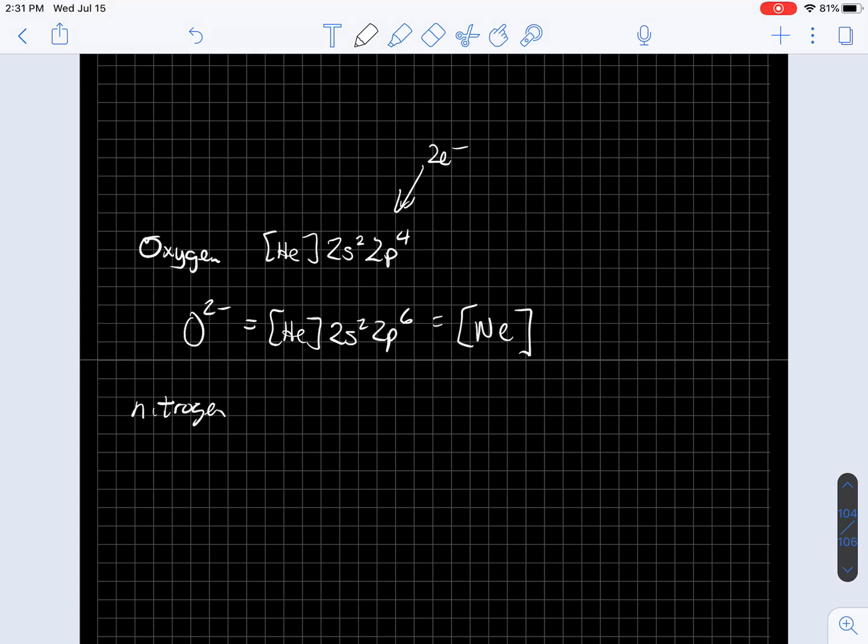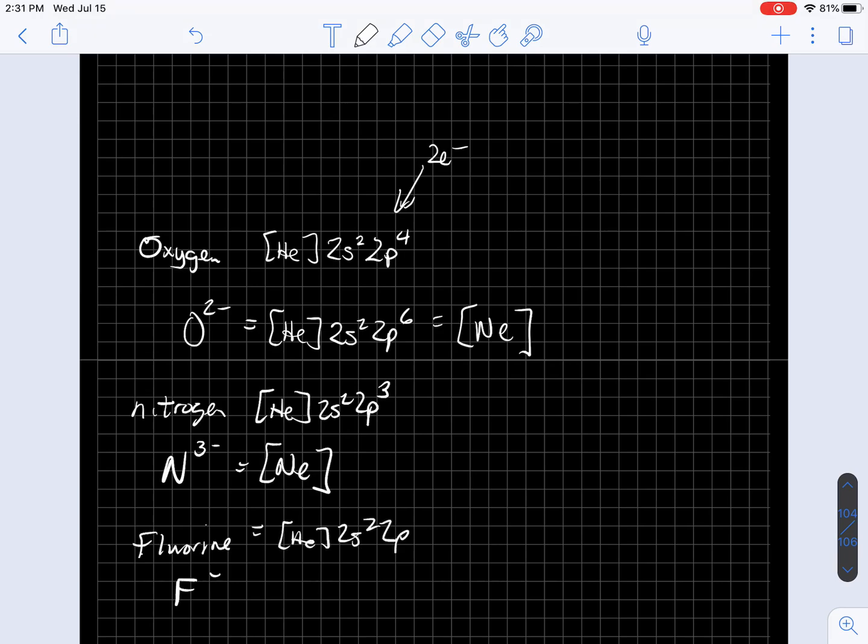Nitrogen. Again, helium core, 2s2, 2p3 configuration, but when nitride becomes an ionic compound, it takes on 3 extra electrons, which again gives it the same number as neon. Fluorine becomes fluoride. So fluorine is helium 2s2, 2p5. How many more electrons does it need to fill its outer p shell? It only needs 1 more electron. So fluoride is what it becomes when it bonds, and then it winds up with the same number of electrons